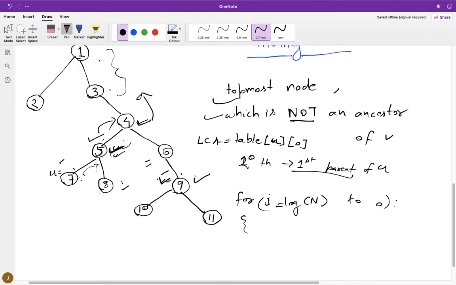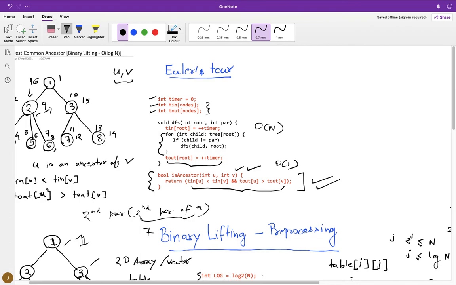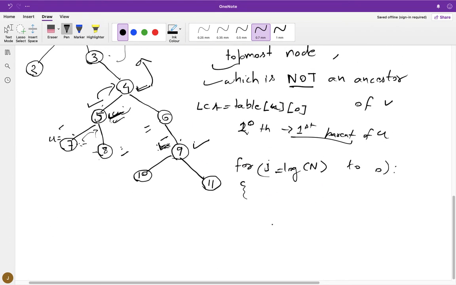Otherwise, for a case like 7 and 9, where 7 is not an ancestor of 9, neither is 9 an ancestor of 7, we iterate from j equals log n to 0, because our sparse table stores the 2 power jth parent.